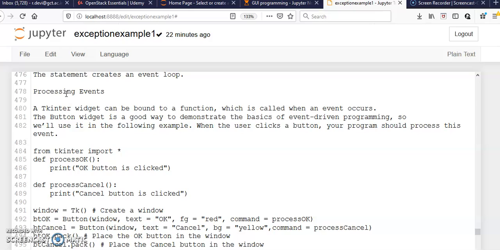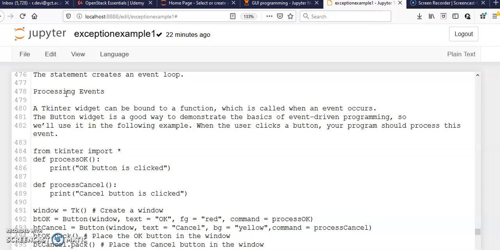Functions are used to do a particular job, and here also, whenever a particular button is clicked, it has to do some process. That process can be represented as a function, and that function can be called with the command parameter in the widgets, either a button widget or any other widget.